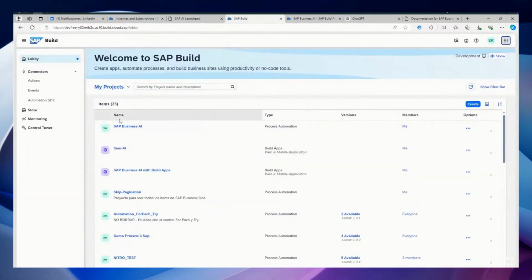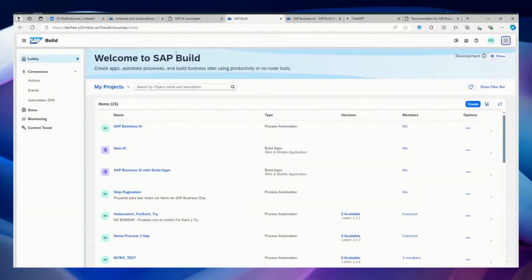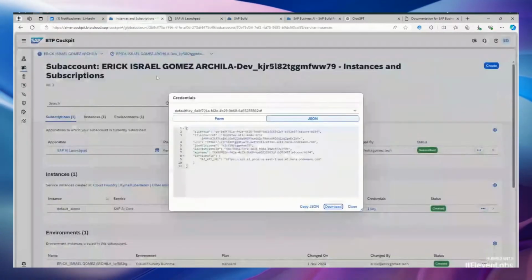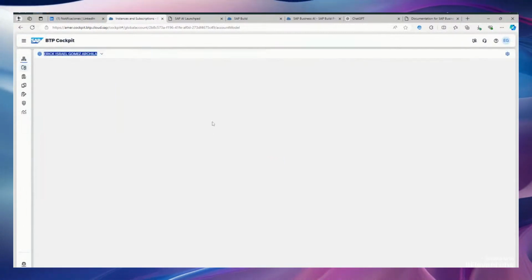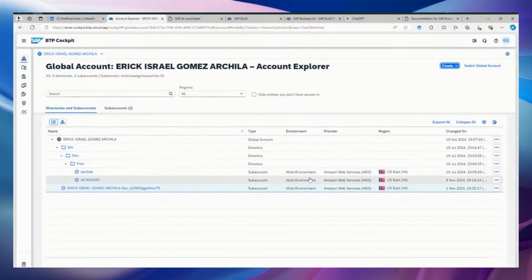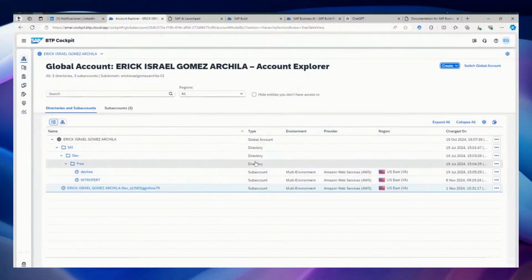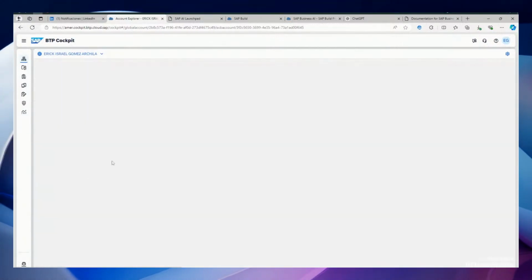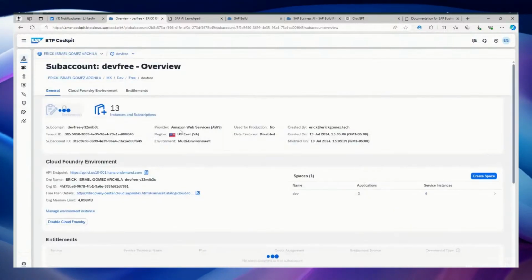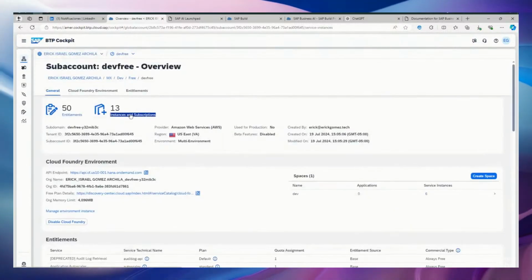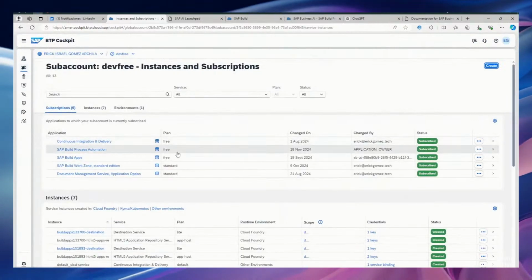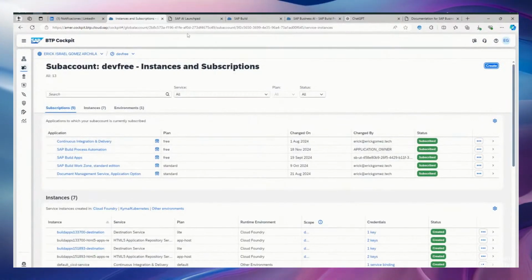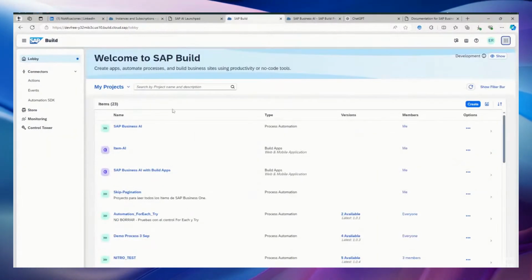Then, what we need to enable is SAP Build Process Automation, which we can also use in the free tier. Accordingly, I'm actually going to delete the service key so it doesn't get hacked. But anyway, in this sub account, I have my SAP Build Process Automation service enabled. And with the service in the free tier, which I use for testing, I will then